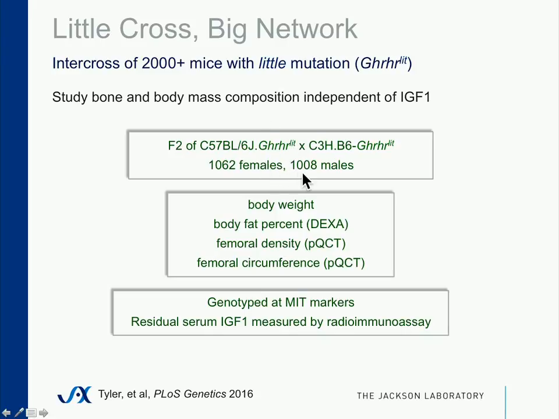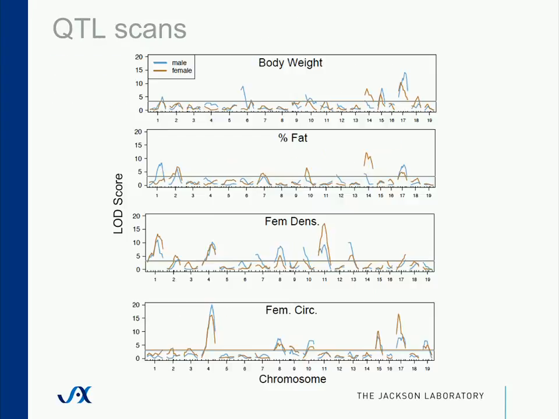Otherwise, we're looking at a black 6 C3H mouse intercross, F2, over 1,000 males and females. We measured a series of body composition traits. We genotyped. And we also looked at residual serum IGF-1. A few of these mice do have some IGF-1, and so that turned out to be interesting as well, as I'll get into. Okay, so we can do standard QTL scans on these mice,